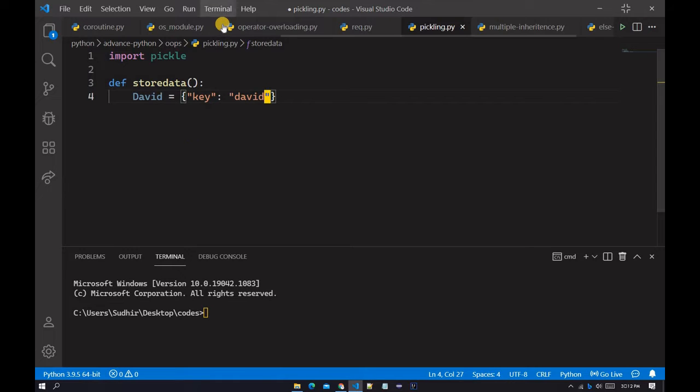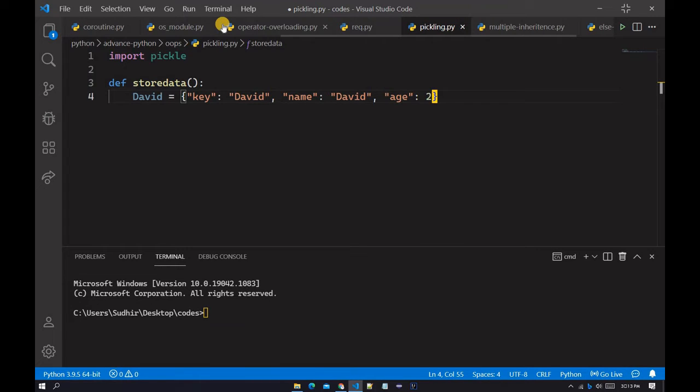Here I will capitalize this D, and after that I will add a comma and type name, and after that I will type David, and then let me add a comma here, and I will type age. The age will be assigned an integer value, so there is no need to add a semicolon or a colon.